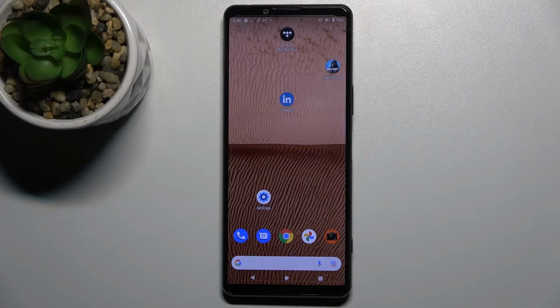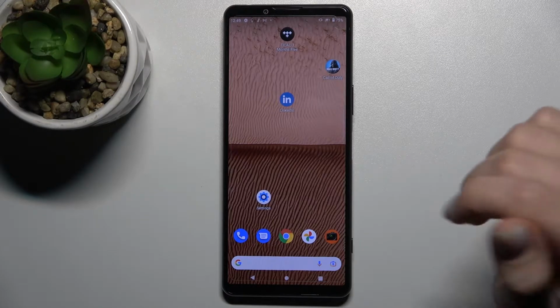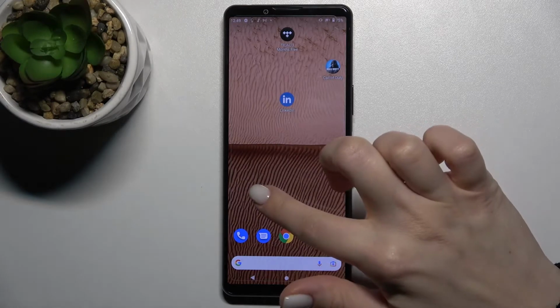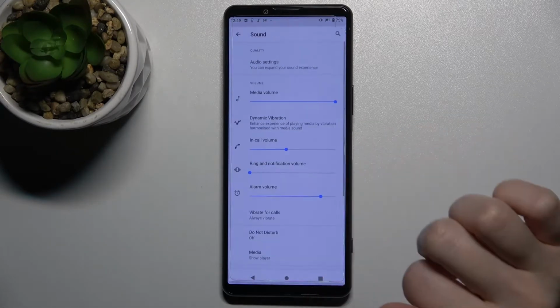Welcome. Today in front of me is the SONY Xperia 5 Mark III, and I'll show you how to enable the ringtone volume on this device. So, the first way: just go to the settings and here tap the sound